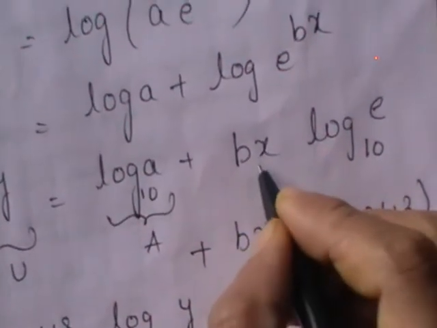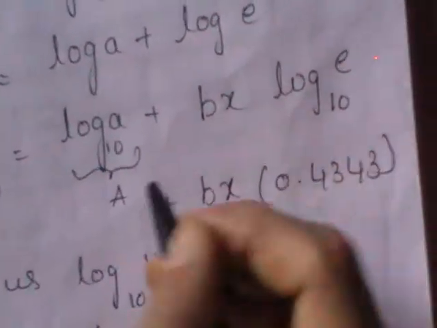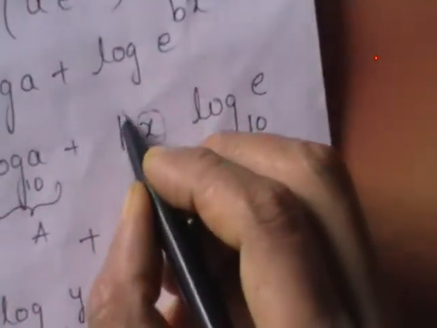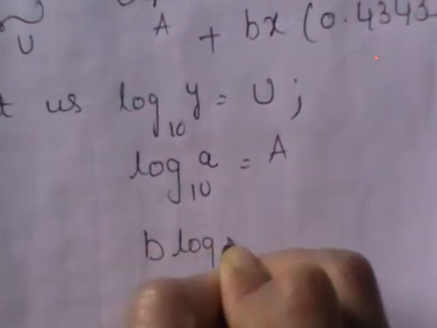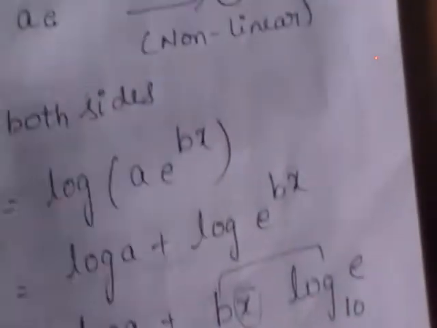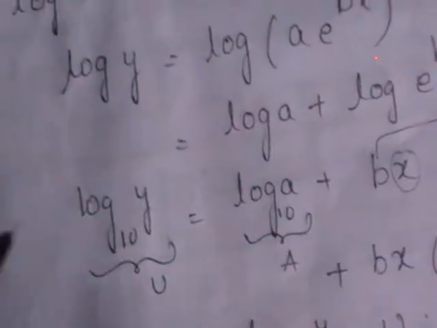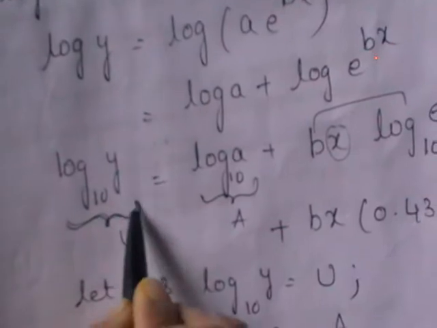Let us take the straight line form. What is the straight line form? Y is equal to a plus bx. So except this variable, all the others are constants; let us take log e to the base 10 as b. Then we are trying to convert non-linear into linear by taking logarithms. We took logarithms on both sides and we are giving new names to those logarithms.